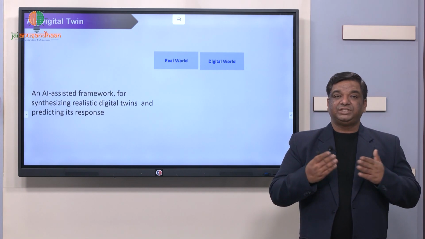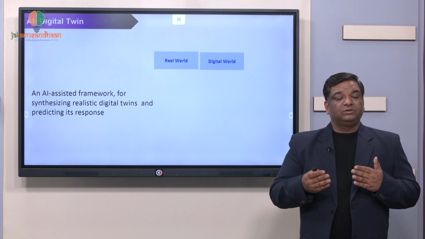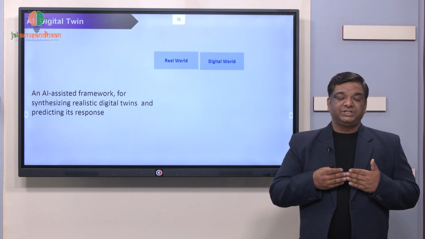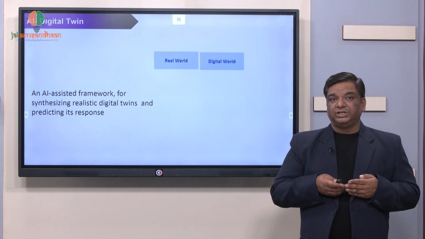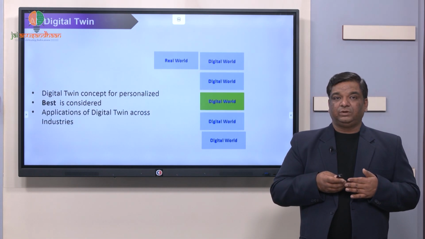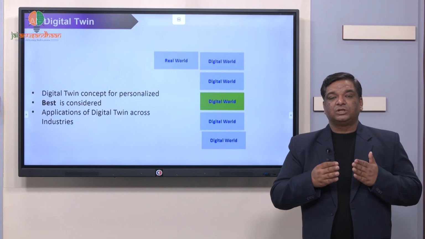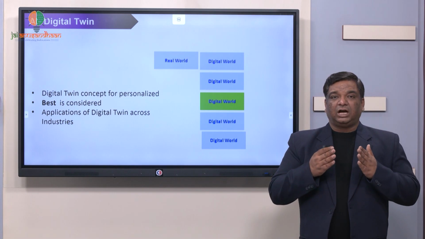We can do a simulation in the digital world in a much more effective manner, and we can make a prediction of whatever variations could be faced when we go for the digital world simulation using a digital twin. Let's take a simpler example. Let's say this real world has been considered and we are moving towards the digital world, and we see 5-6 variations in the digital world simulation depending on the future prediction policies, or, I would say, the process or